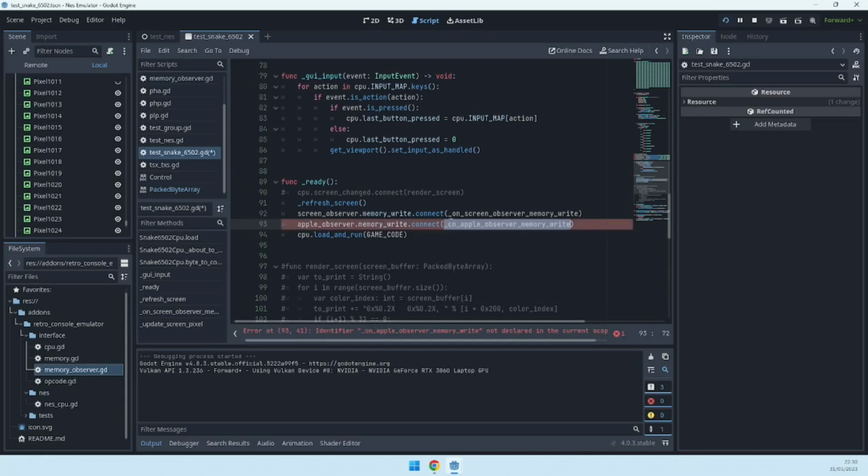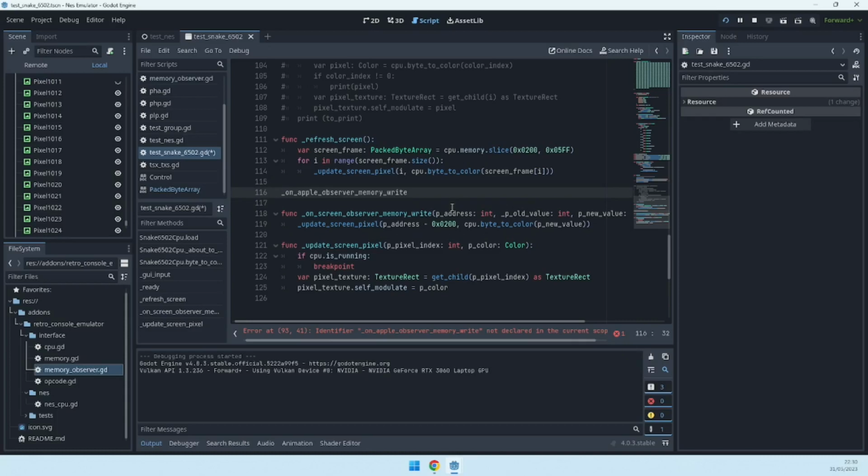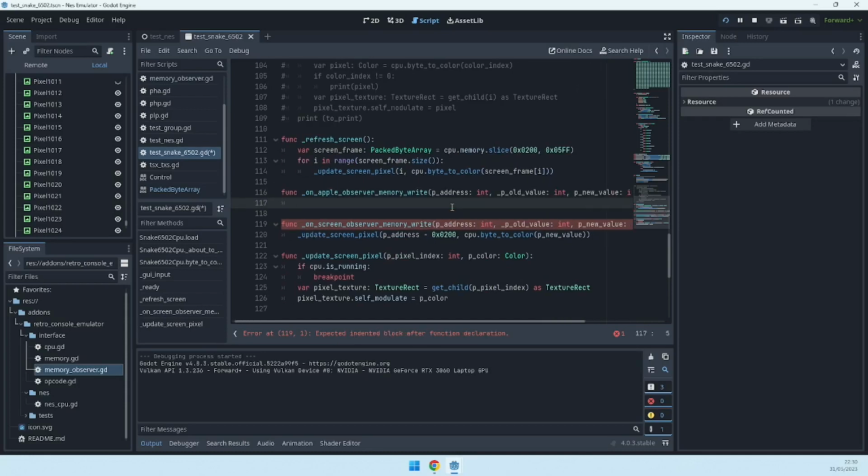Now I create this function. I need the same arguments, and I can print